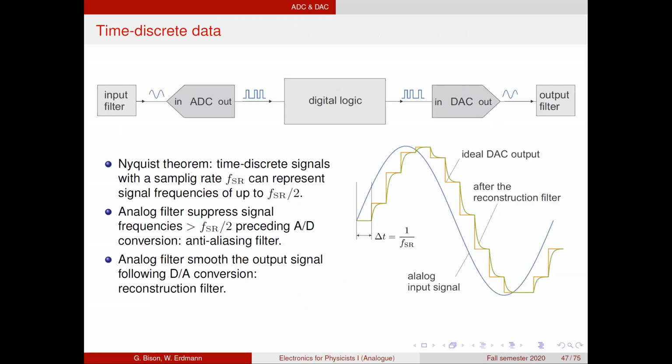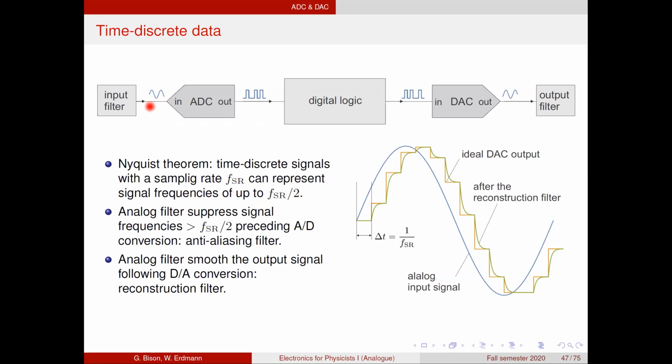Okay, so let's first have a look at time-discrete data. What you have to know there is the Nyquist theorem, which basically says that time-discrete signals with a sampling rate of FSR can represent signal frequencies up to half of that sampling rate. Okay. And then a digital